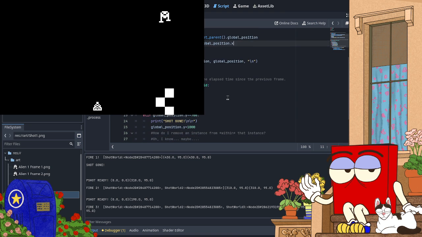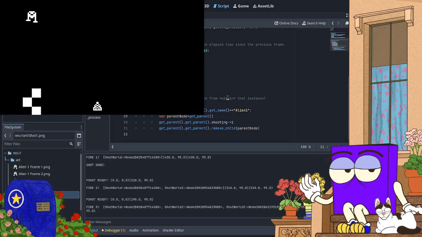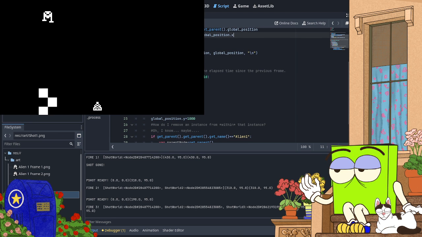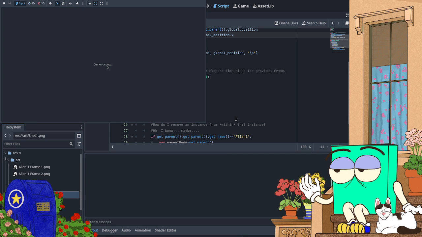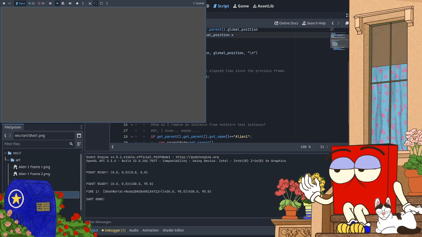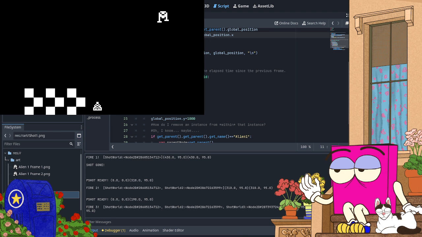X. Yeah, I don't think I use X for anything else. Okay. So brute force it a little bit so it stays in place. Yeah. That worked.